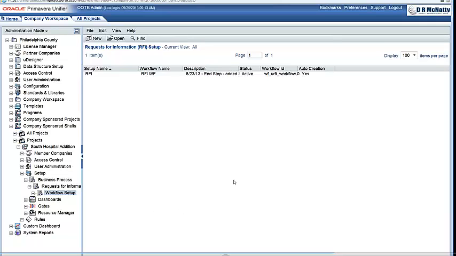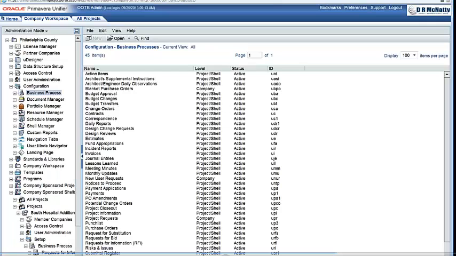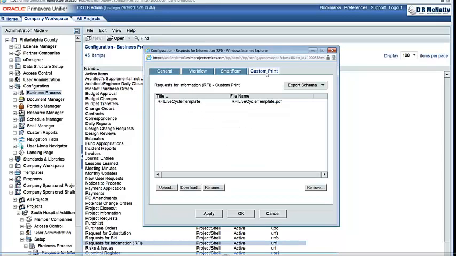Also, to get the customized layout to work, within the business process configuration we have a tab called custom print.